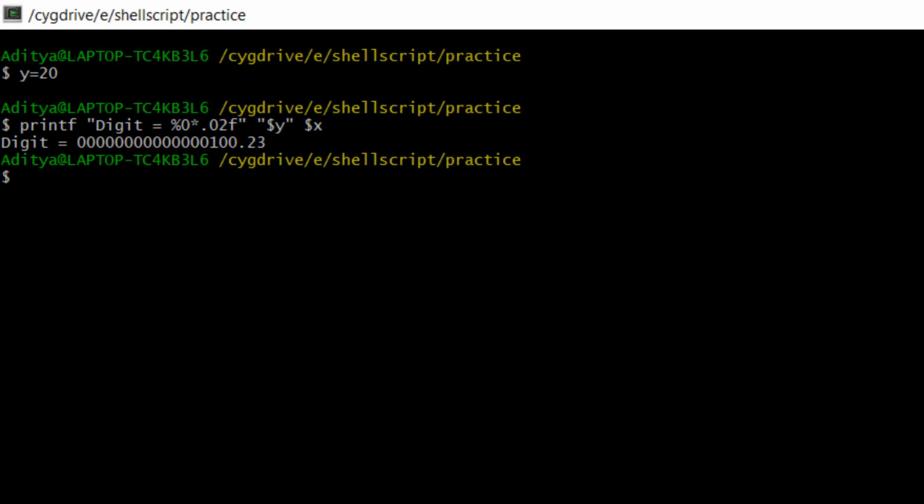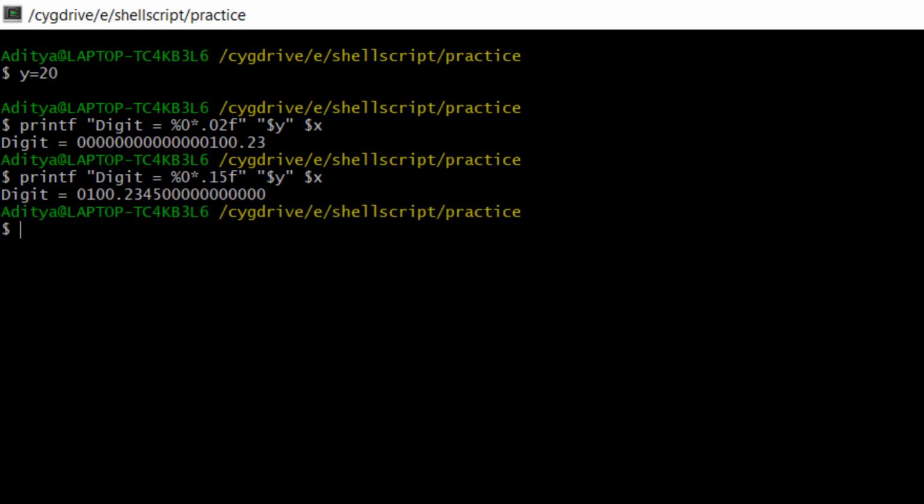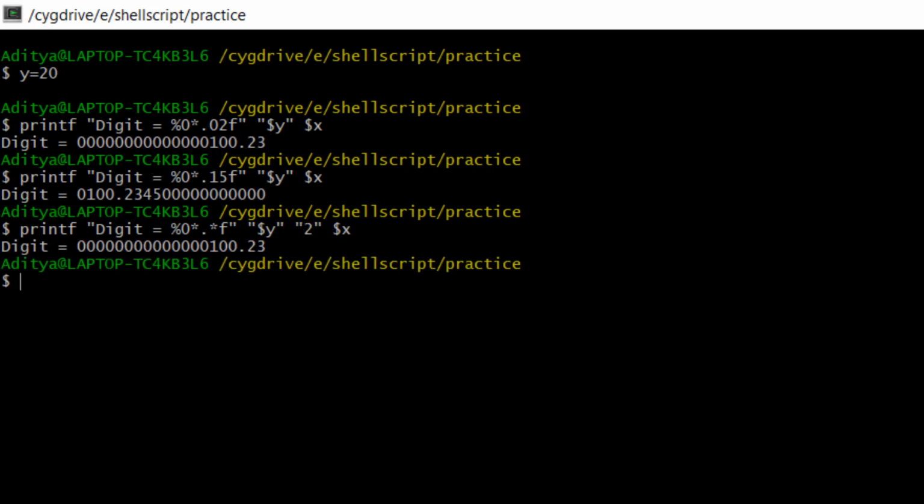After the decimal, if I have to give a 0, meaning maintain the value to 2 digits only, how will we do that? If I want more than that, I have nothing else to do, I just have to increase from 15. Like that also I can do. Okay, I want to try one more thing. For example, what if I give star dot star here? In that scenario, how will it work? So what I will do, I will write here, and here I am going to write 2. What will happen? Let's see.